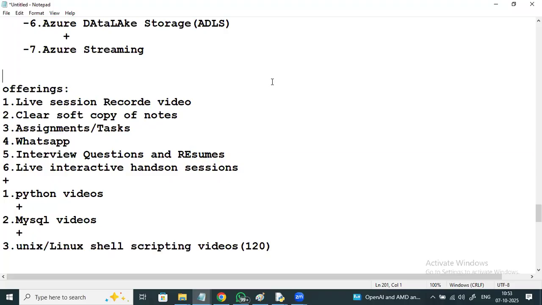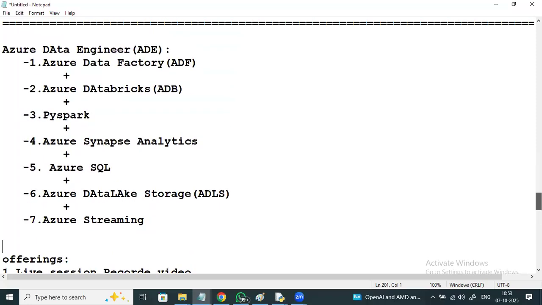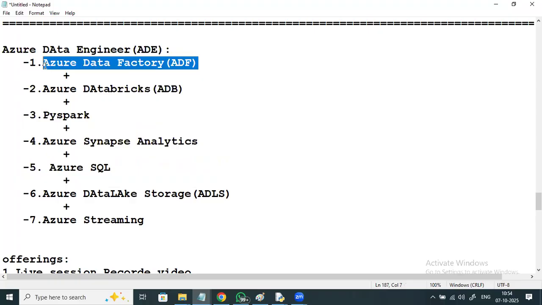I'll be showing it not on my system, but on any one of your systems. If we talk about Azure Data Factory, this is everything drag and drop. We won't write any code, and there are no prerequisites. Most of the tasks, 50 to 60%, I will do on any one of your systems, so the others can do them in parallel: how to use the tool, how to drag and drop, and how to perform the tasks. Even the installation I'll show on any one of your systems, so the others can do it in parallel.